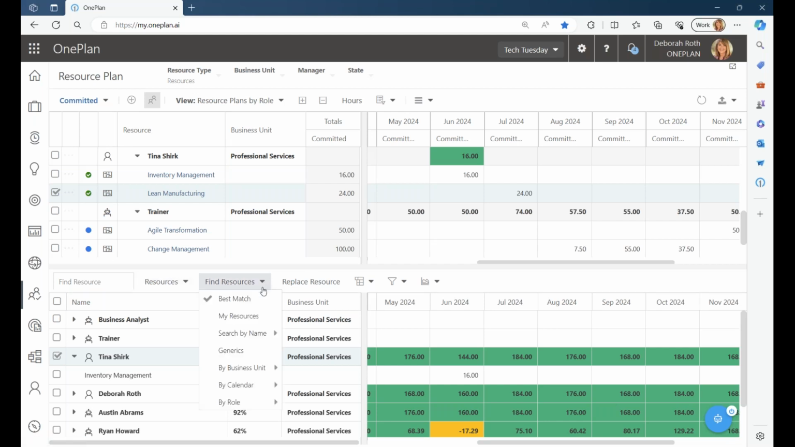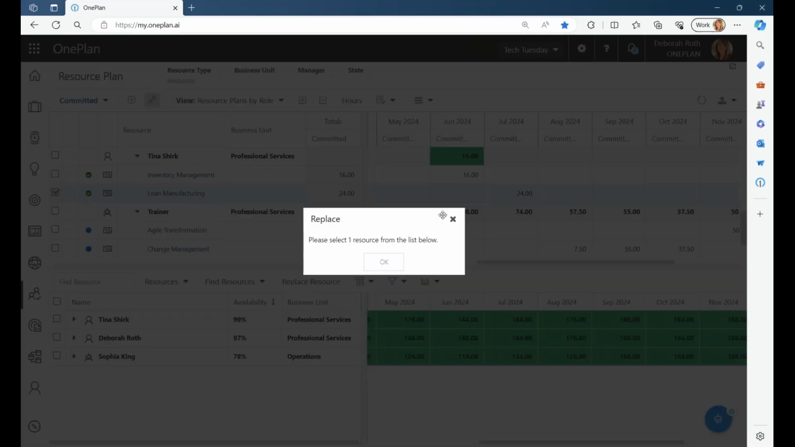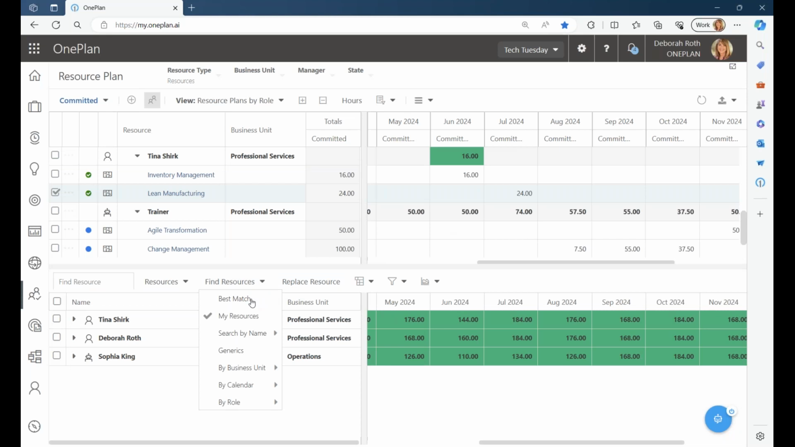When you come to this plan, if you are a resource manager and resources are assigned to you, they will show up under my resources. So I can start to allocate resources from my team. You can search by name. I can search by Austin. Everywhere here. So if you know the name of the resource